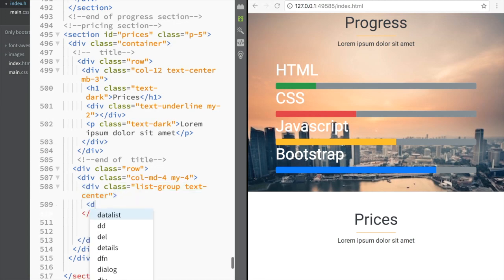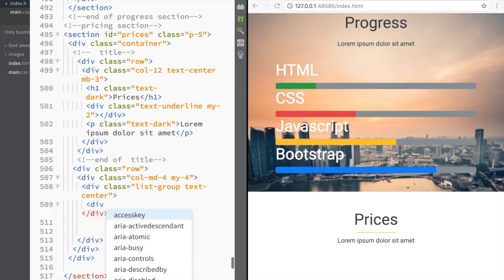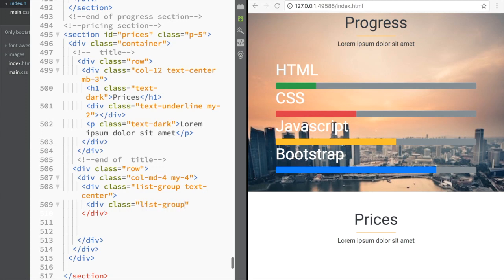and then we're going to need to start putting list group items, right? So over here we're going to say div, and we're going to say this is going to be a class, and over here we're going to say that this is going to be list group item, right? And then we're going to say text, and we're going to say this is going to be white, and we're going to say that this is going to be, let's say, background primary,